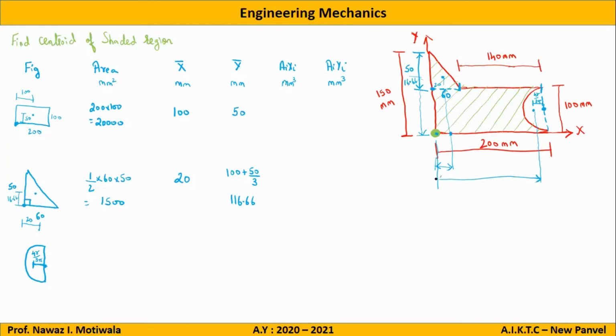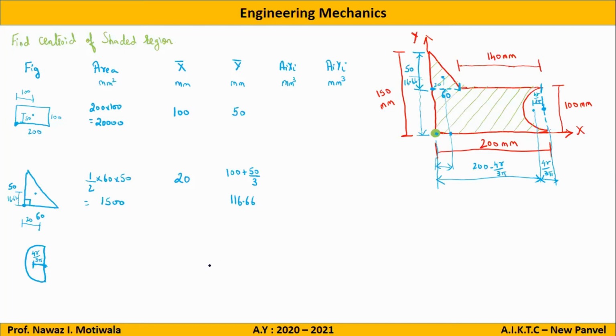I need the distance from here to here. So what will be the answer? Can anyone tell? 200 minus 4r by 3 pi. Perfect, very perfect answer. We are given that the total length is 200, out of which we have already calculated that this length is 4r by 3 pi. So if this is total 200, and this is 4r by 3 pi, this will come out to be 200 minus 4r by 3 pi.